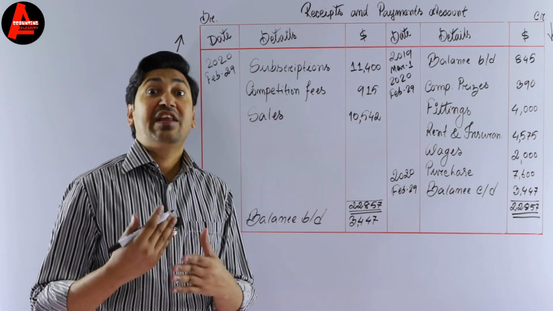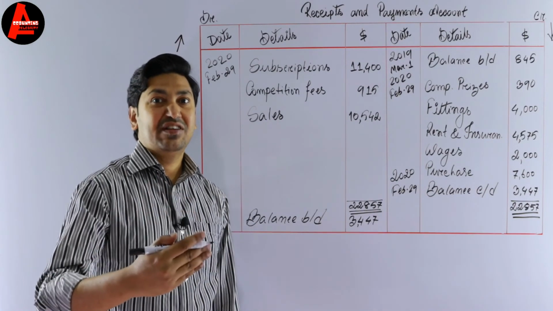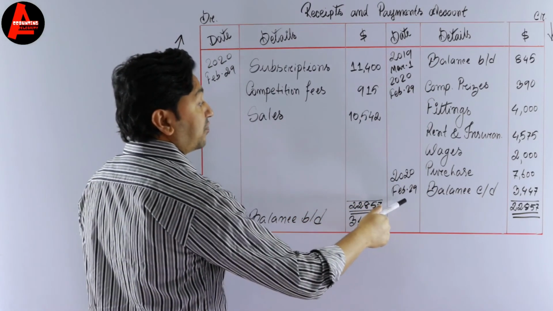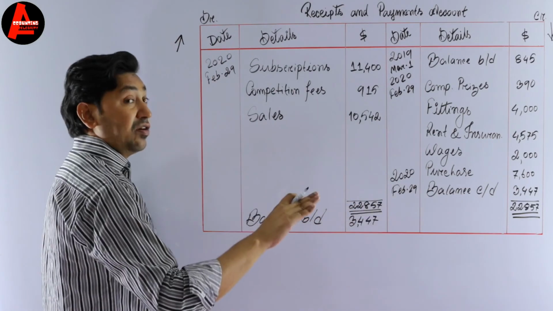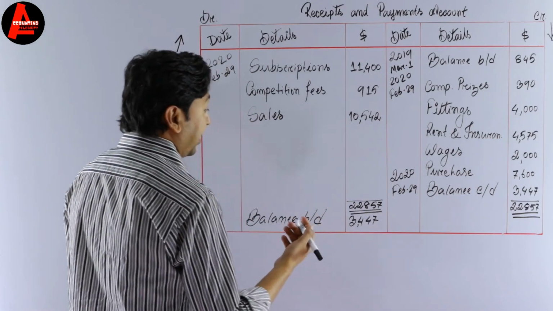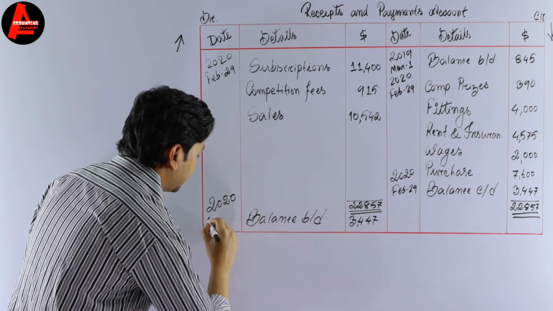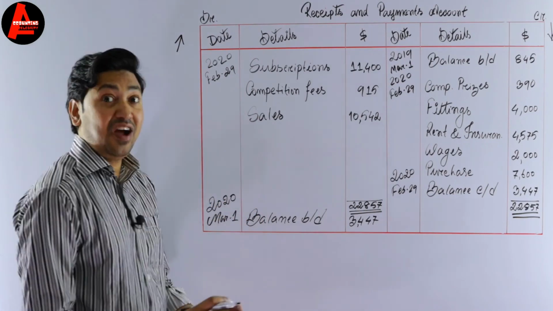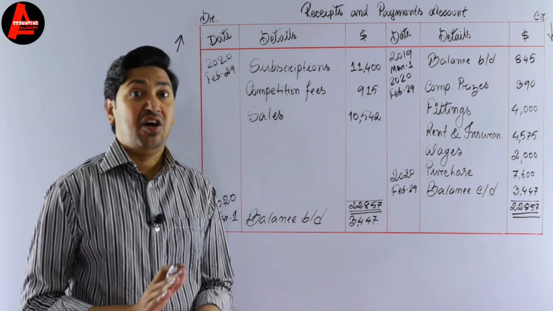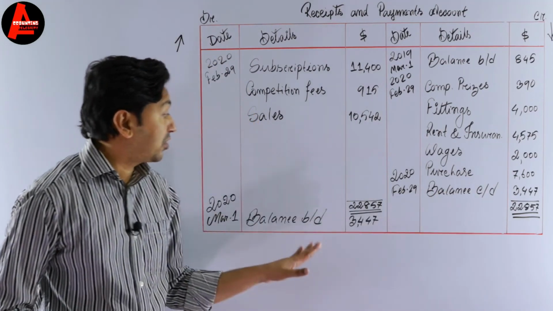So for balance BD, the date will be the first day of next accounting period. Okay. So here on 29th February 2020, the accounting period will be ended here. Okay. But it will be started again for new period in 2020 March 1st. Okay. Now it is done. Completed. We did everything. We recorded all the transactions. We have carried down this balance and we have brought down this balance